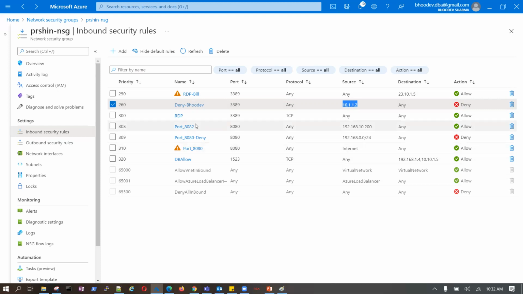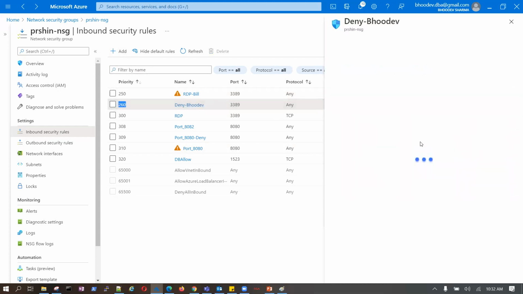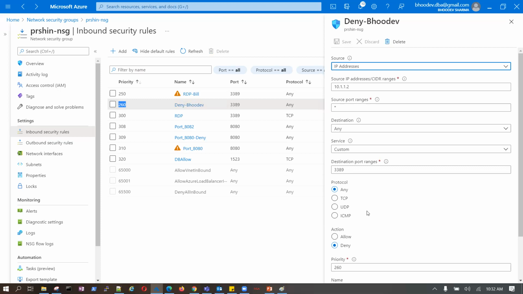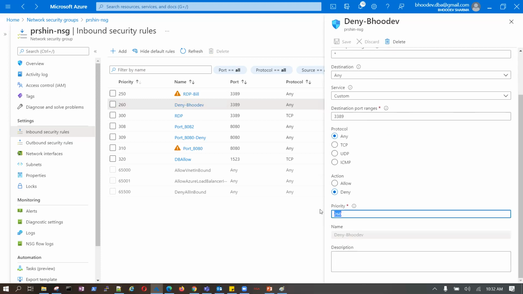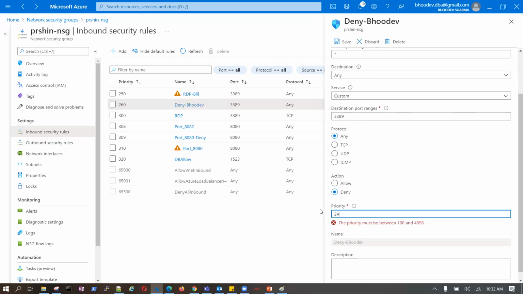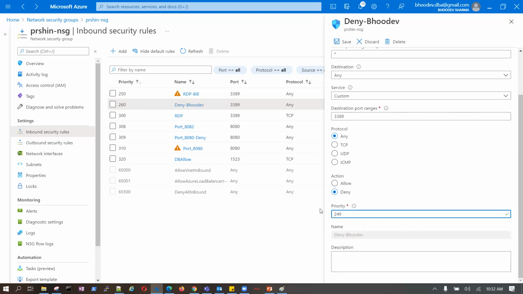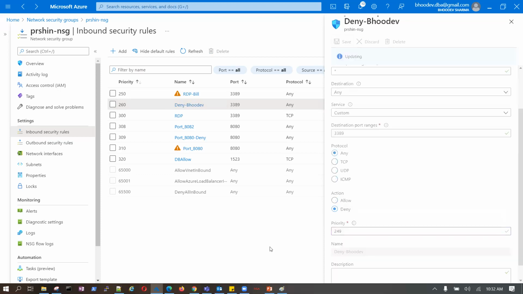Because this is playing a role. The moment I change it back to, let's say, 249, anything below 250, this person immediately will be blocked.